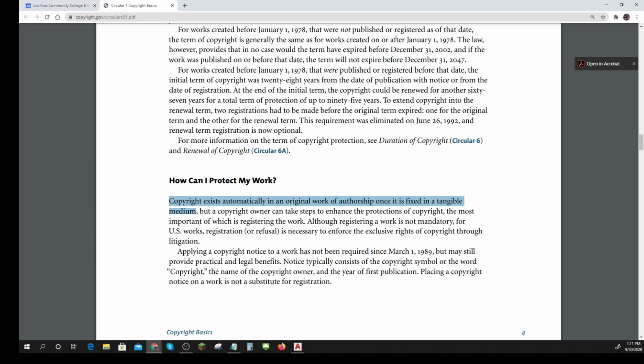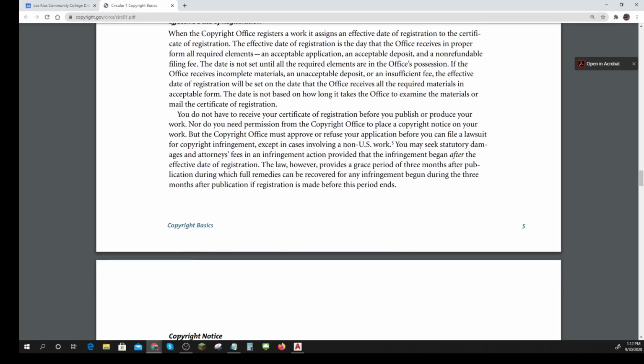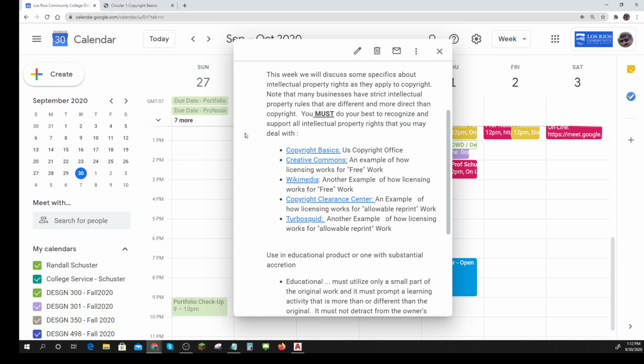However, if you really want to make it known and obvious, you can apply to the Copyright Office and register your work. That's not required, but it sure helps if you've got that notice on there and somebody uses part of your work. It's much easier to show that it was your work and your intent not to let people use it. So there are some basics, and there's more you can read.